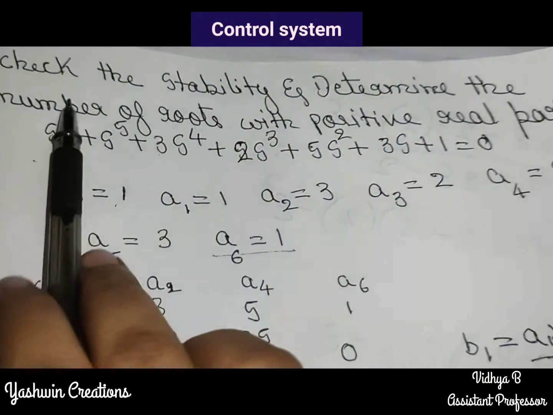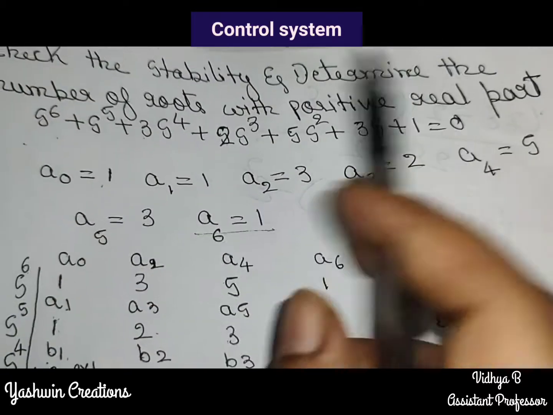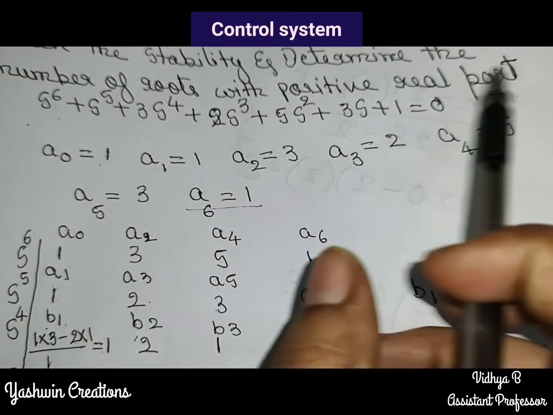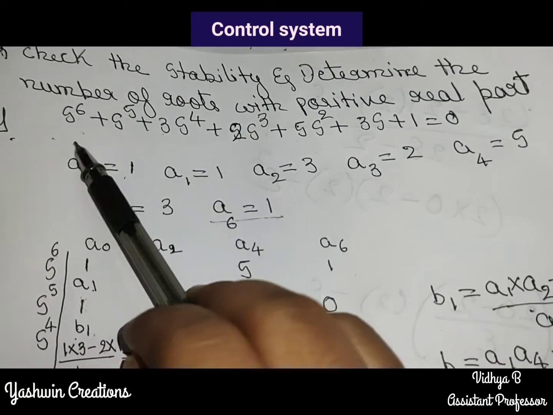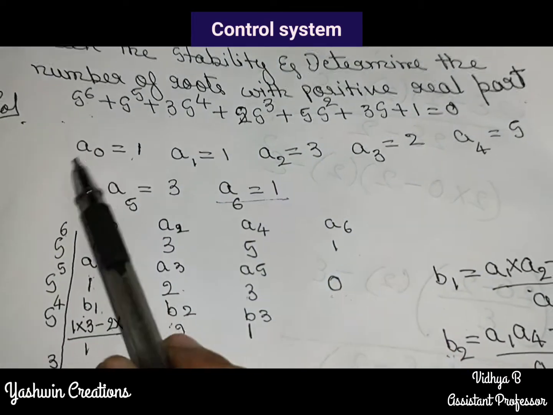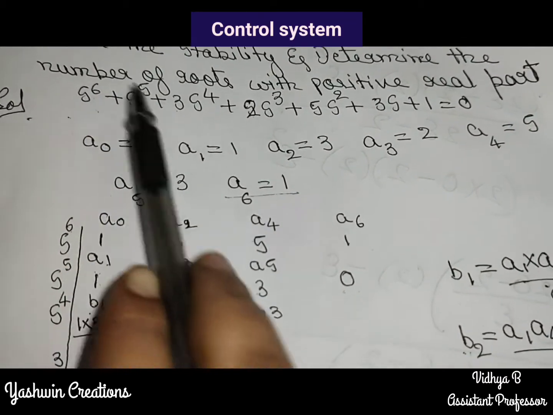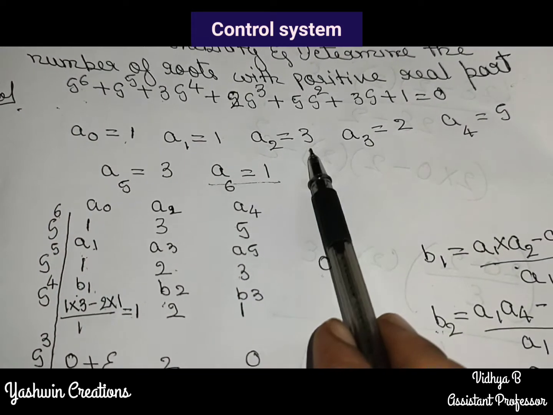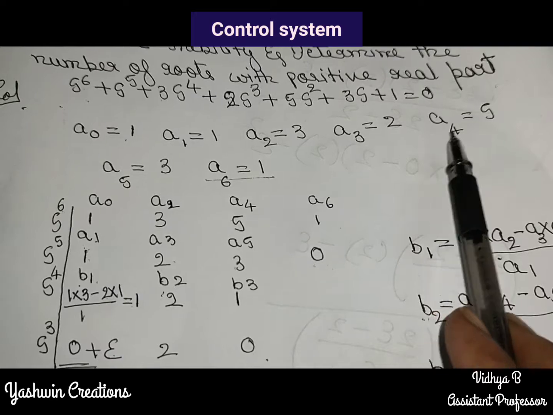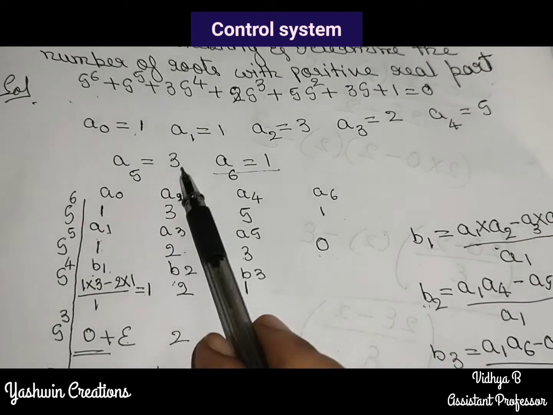So this is the question. Check the stability and determine the number of roots with positive real part. So this is the characteristic equation they have given. A0 value is 1, A1 value is 1, A2 value is 3, A3 is 2, A4 is 5, A5 is 3,